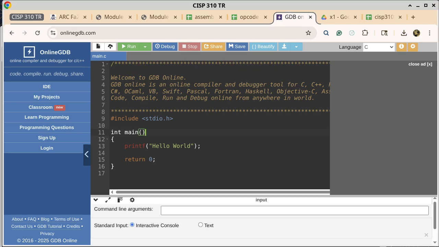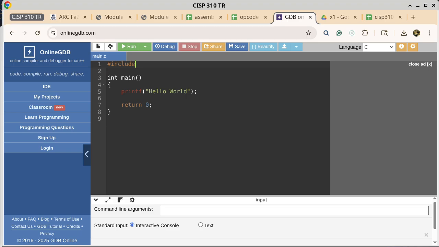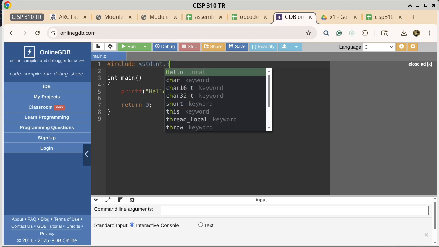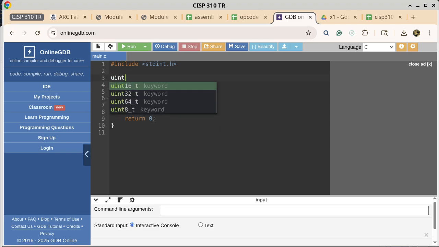Okay, all right, we'll keep using this until it doesn't work anymore. All right, so first thing first, I'm going to #include stdint.h, so this way I can use types or typedefs that are specific to the width of integers. Okay, so I'll define